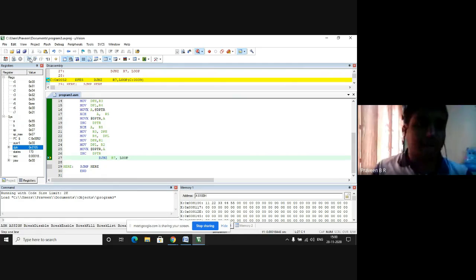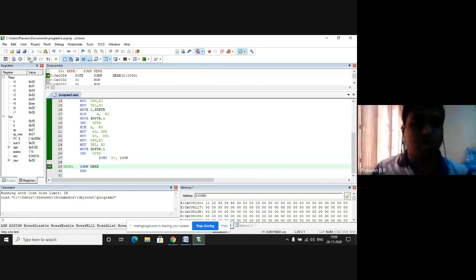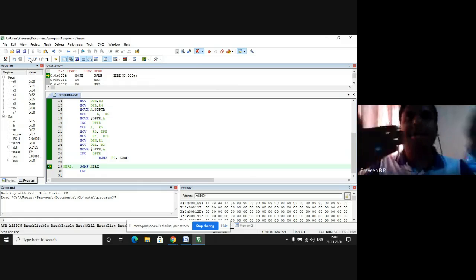Once it gets to know that R7 is 0, it comes out of the loop and the infinite loop will be processed. So this is how you transfer 5 bytes of data from one memory location to another and you exchange